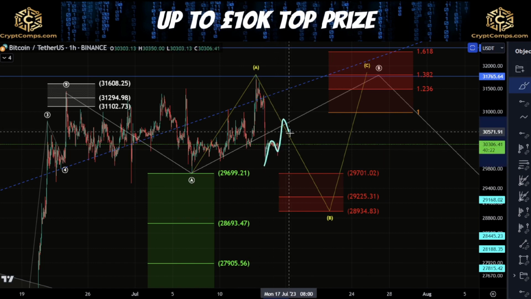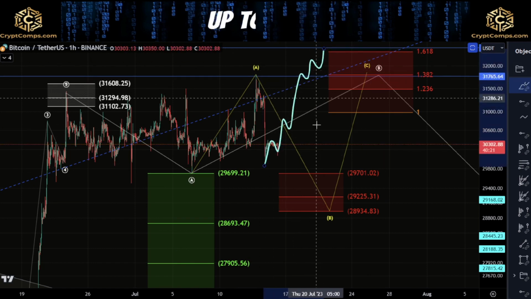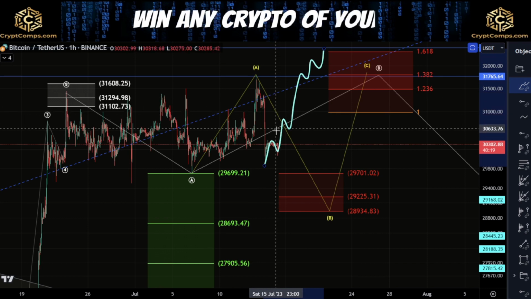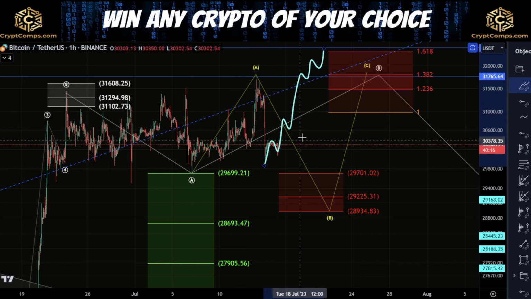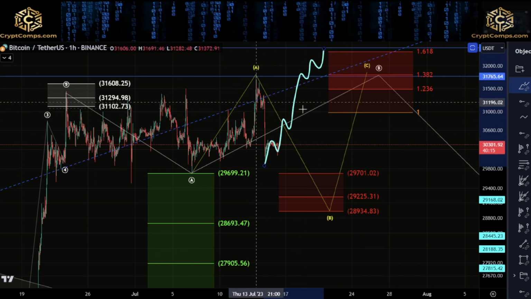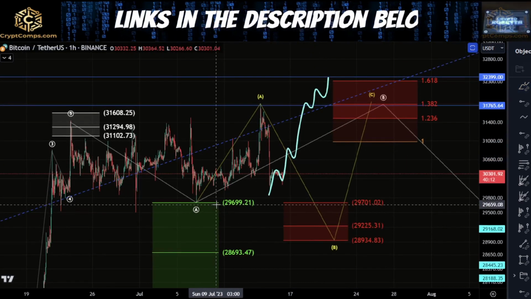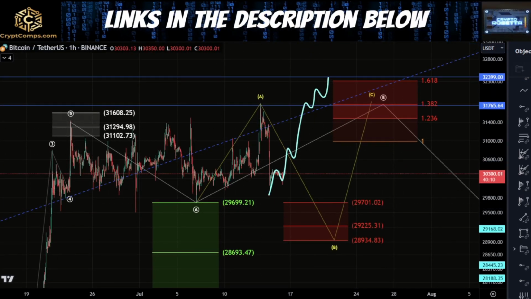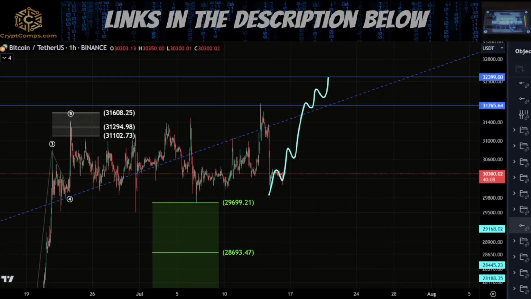If we do see something like this develop to the upside here, where we see price push up in a bigger way here, potentially we could still be within this idea of this bigger B wave. So we'll have to be very careful of this. If we do see price push up into these higher zones, what we could see is that potential to see